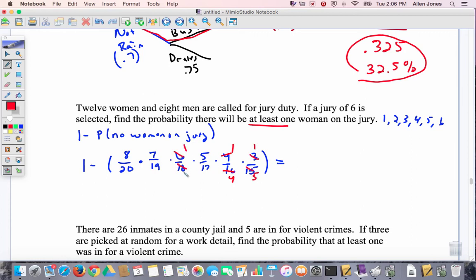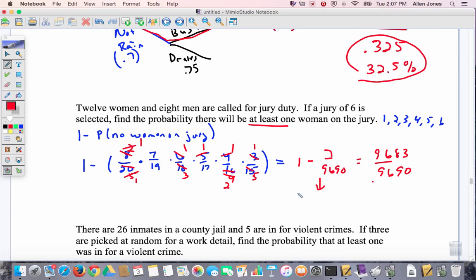We could do some canceling in here. Let's do the easy ones here. I have a 1 and a 4. I have a 1 and a 5. I have a 1 and a 3. I have a 2 and a 5, both being divided by 4. As we continue on, it looks like the 5s could also cancel here and here. What else? The 2 and the 4. So I could get the 2 and the 4 down to 1 and a 2. And I wind up with 1 minus